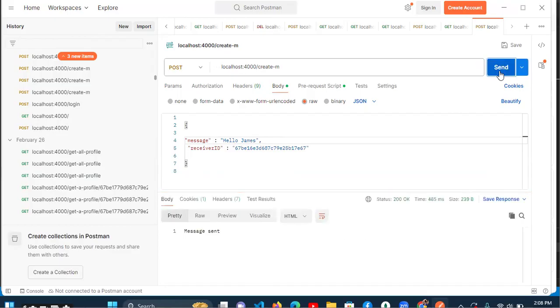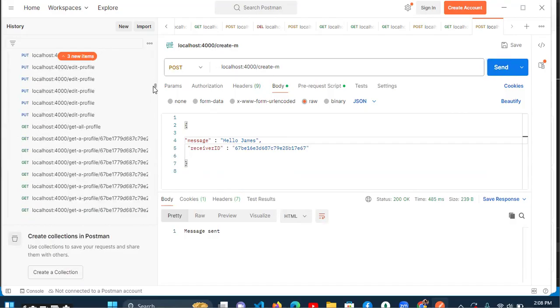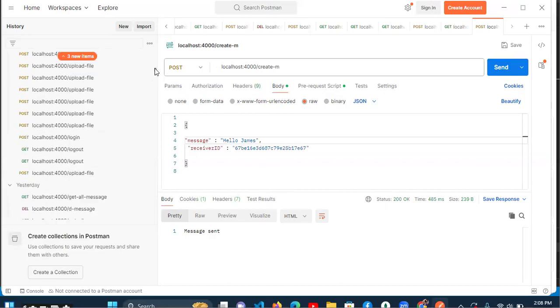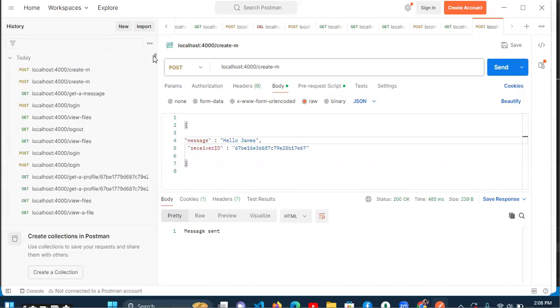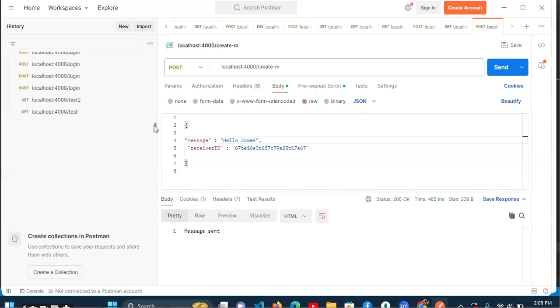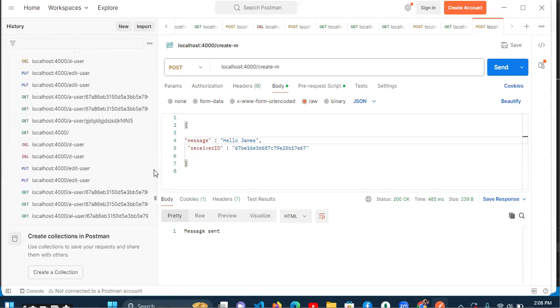What else do we need again? It's sent. So we can view all the messages that were sent, right? We can get all message. I think that's called get all message. So I'm just going to look for the previous one. Just too lazy to type in that. So the route name is